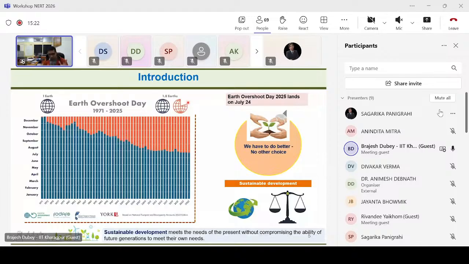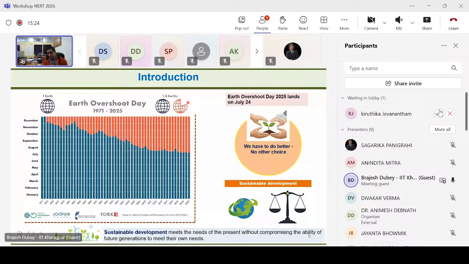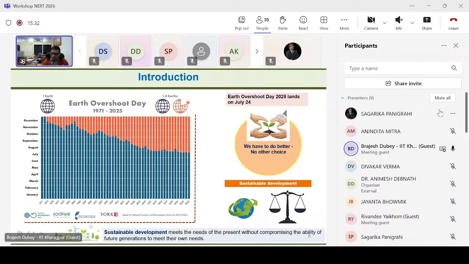And parts of America are trying to go back. They are saying that they have created the mess, so let's clear the mess. We also want to create the mess first, instead of not creating the mess in the first place. So that's where the definition of sustainable development comes, which says please don't create that mess.